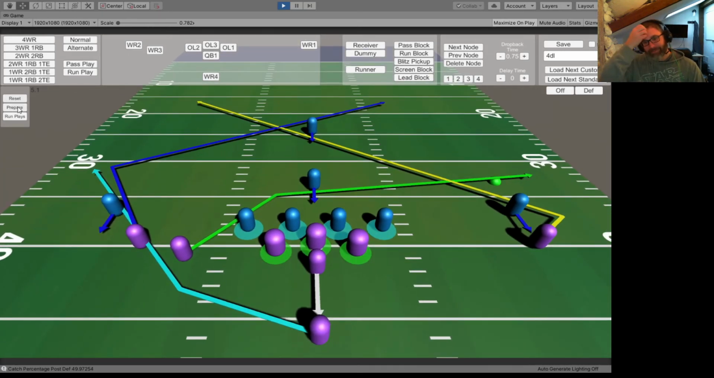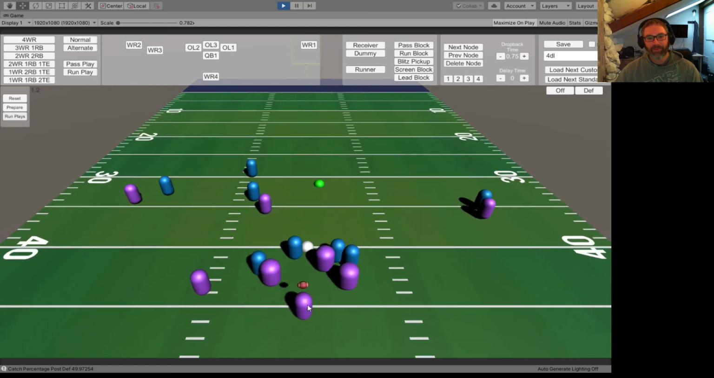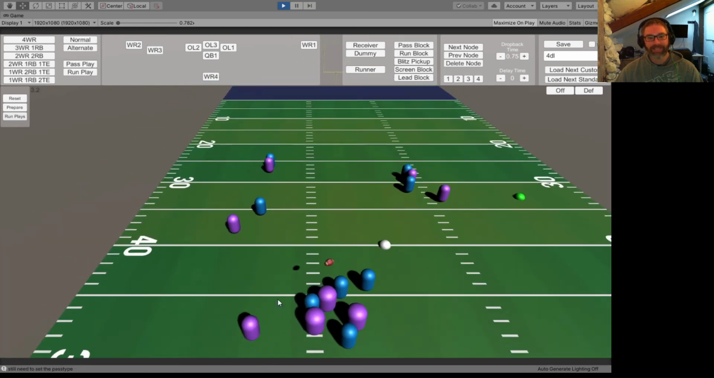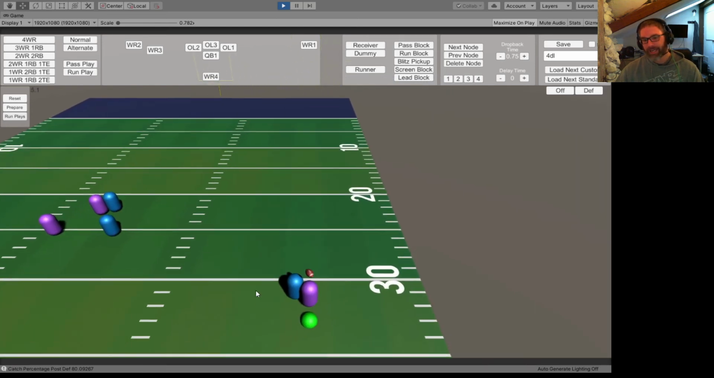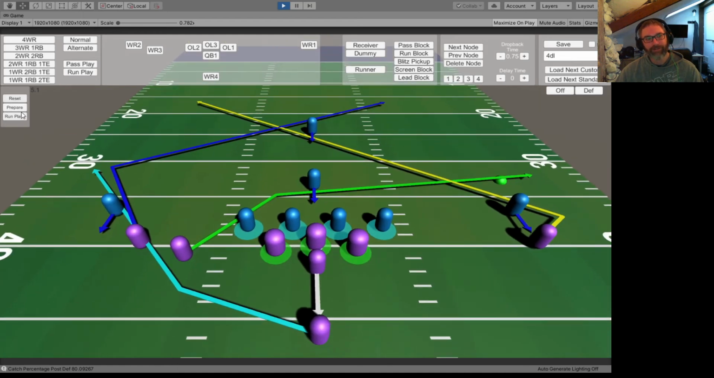Now, one thing, as I'm brainstorming and I'm watching this, and we're getting close to the end of this video, and I think I got enough on tape, but one thing I'm thinking is that in a situation like this, he breaks the pocket, he's outside. I'm kind of wondering if I should have